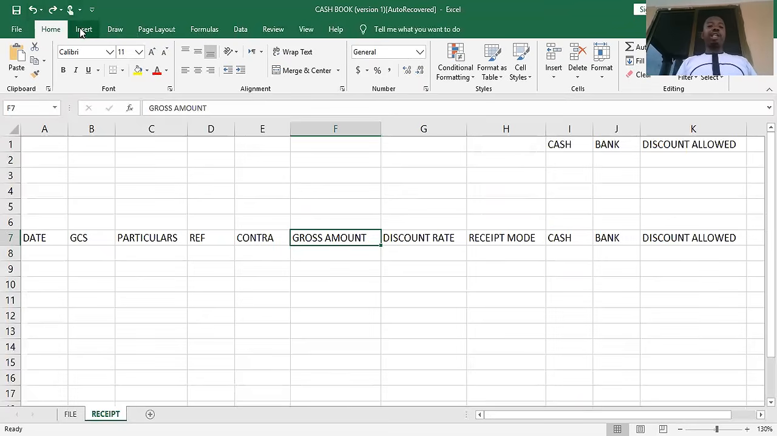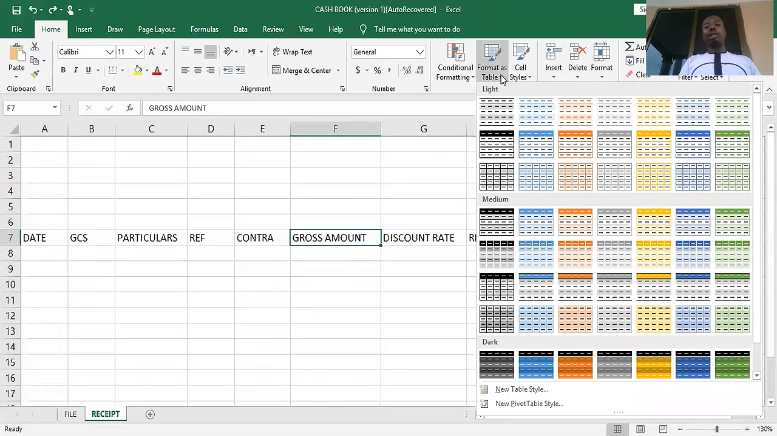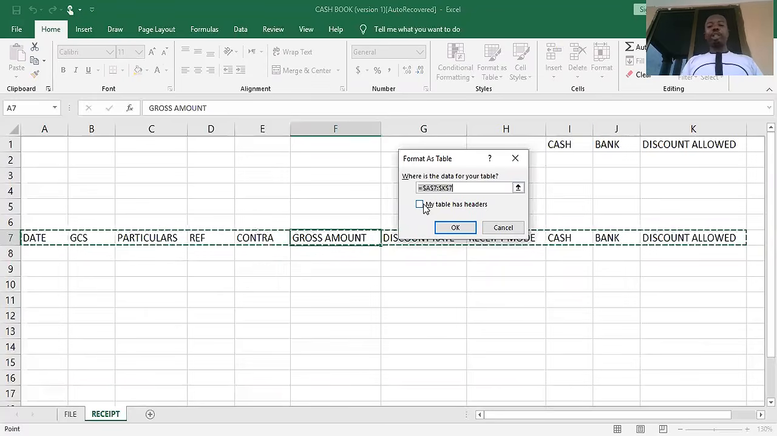Now, this is one way a table could be created. Another way is to go to the Home menu, and then from the Home menu, you come to this side where we have the styles, and you click on Format as Table. When you click on Format as Table, you have the right to choose any of these designs available here. So when you choose a design, then here as well, you indicate My Table Has Headers before you click